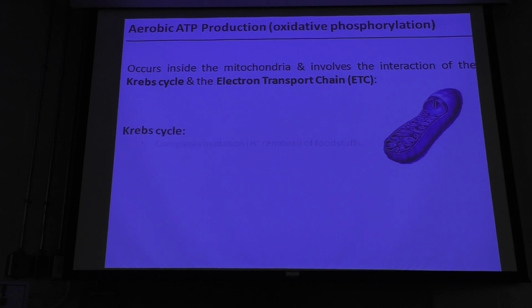So the Krebs cycle, again, completes the oxidation or removal of hydrogen ions of foodstuffs, so proteins, carbohydrates, and fats. Of course, it produces CO2 as a byproduct. CO2, as we'll see later on, is a volatile acid. So CO2 can liberate, ultimately through a series of reactions, hydrogen ions systemically. So maybe at the level of the muscle, that's not particularly critically important, but in terms of developing fatigue, if you held your breath right now,